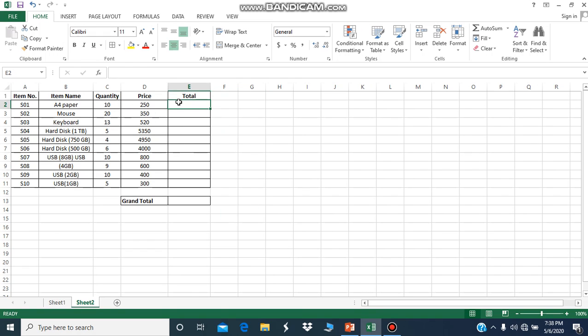You have to find the total by entering the formula C2 multiplication operator D2, that is the first value of your price, and pressing enter you will get your first value. And now with the help of fill handle, find the rest of the values. How will you be able to find the grand total? Click on the auto sum feature, sum function, range is given, press enter, you will get your value.